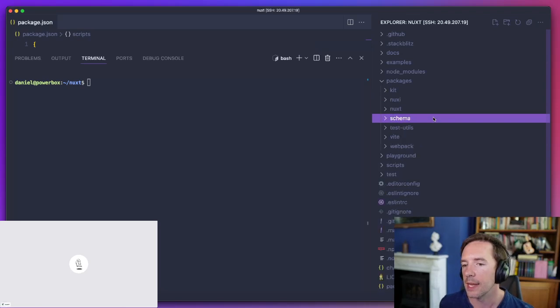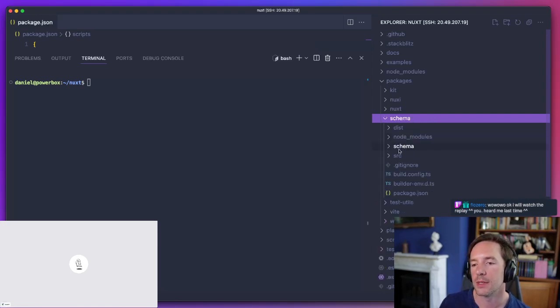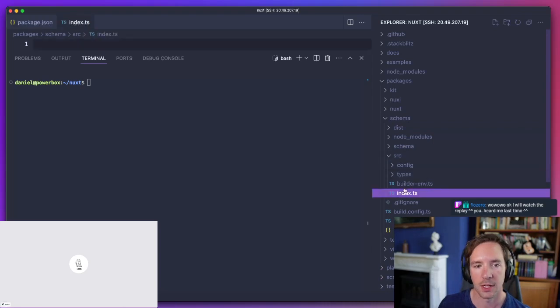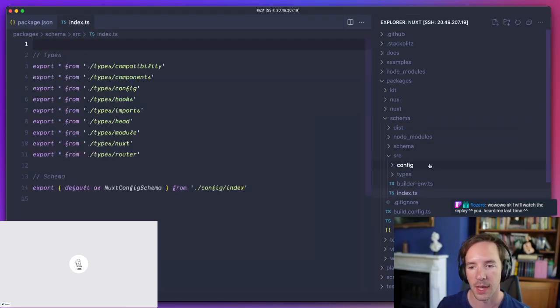There's schema, which basically handles the Nuxt options and normalizing them. So doing things like, your root directory of your project should default to the current working directory of your CLI if you haven't passed one specifically. And this option needs to be an array. So if you haven't passed anything, then we'll make it an array. Otherwise, we'll merge what you've passed in with that. And so it uses an UnJS utility called untyped to do that.